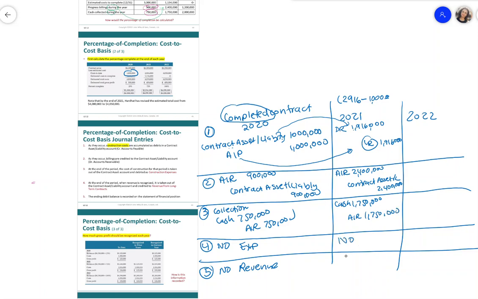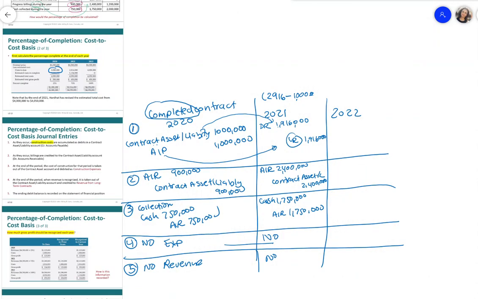Again, no entry here for the expense and no entry for the revenue because revenue will be recognized at the end of the project. So now we go to our next one. You're going to do the same entry. So the cost to date was 4,450,000. From that, we recognized 1 million in the first year, and then we recognized 1,916,000 for the second year. So what we needed to recognize